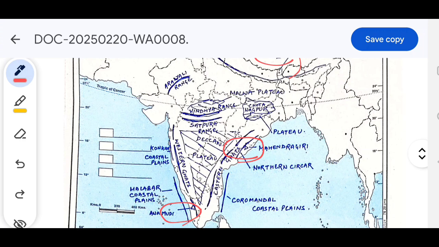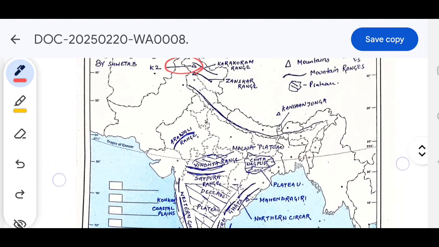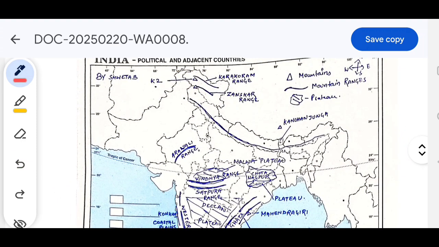Then we have mountain ranges. We will be learning about mountain ranges, and you can see that I have used a line. I have used this type of line for mountain ranges. Let's see which mountain ranges we have to remember. The first mountain range is the Karakoram range. Then the second one is Zanskar, and the third one is the Shivalik mountain range,